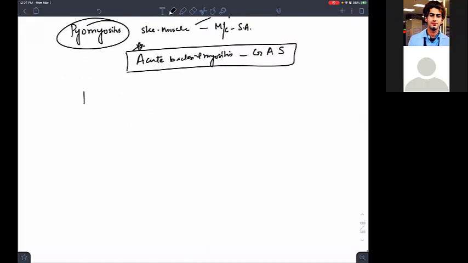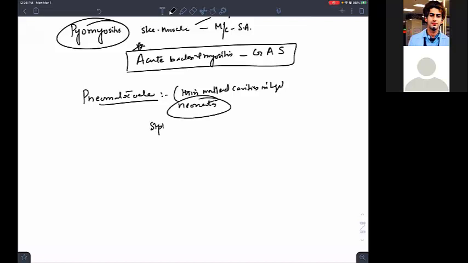Second, they will tell you pneumatocele. I forgot to tell you in the respiratory part. What is pneumatocele? You see thin-walled cavities in the lungs. If that is written, then you should write what is the most common cause of pneumatocele in neonates. It is Staph aureus. In neonates, if they are presenting with pneumatocele, the thin-walled cavities in the lung, you should write Staph aureus. Are we able to understand? I hope there is no problem.